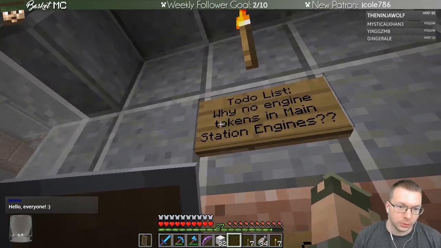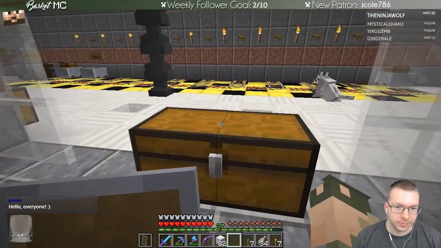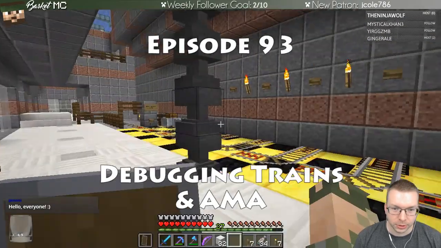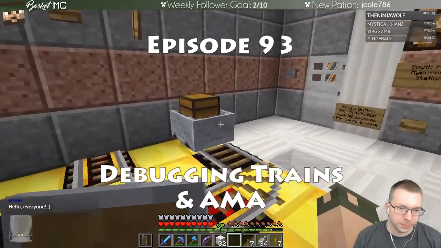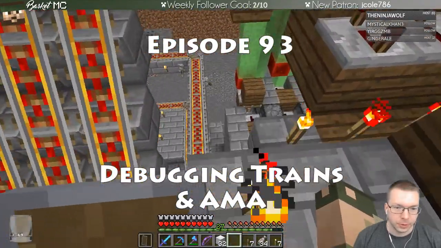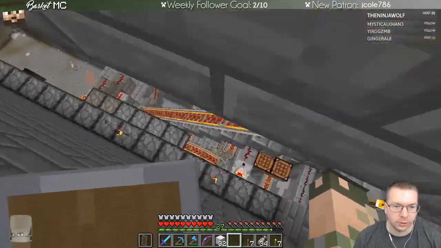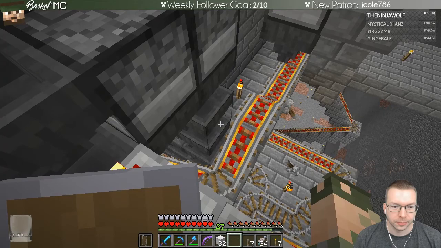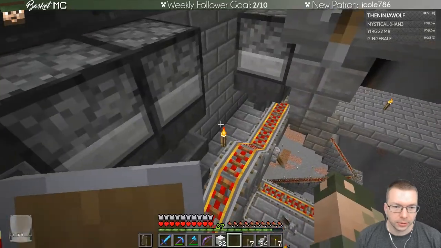To-do list. Why don't engine tokens exist? That's first. So, our inventory is not great, but let's just scope it out first. Because we put a bunch of engine tokens into the system, so they should, in theory, be in here. So not there. But like,